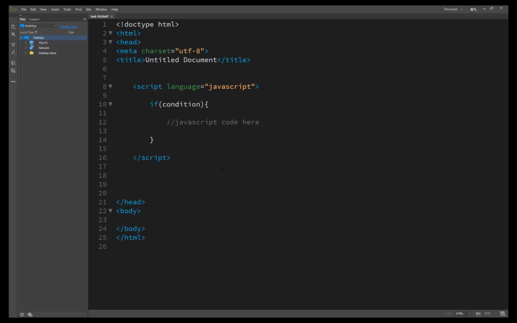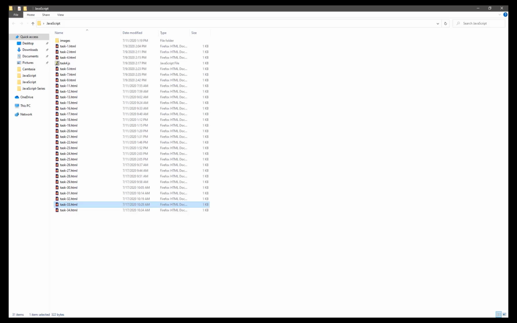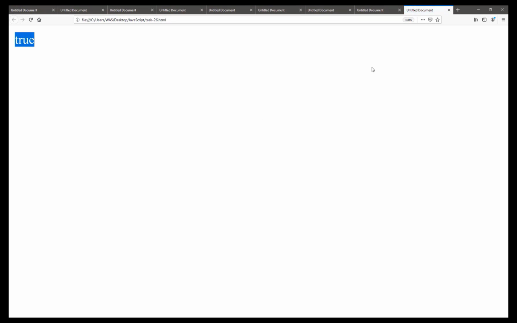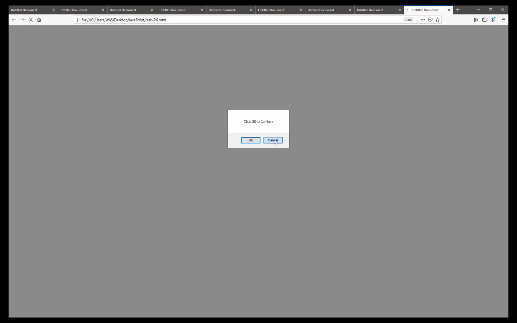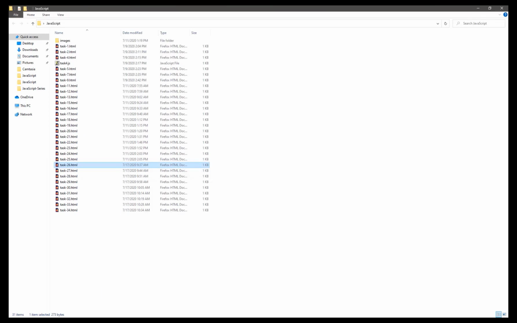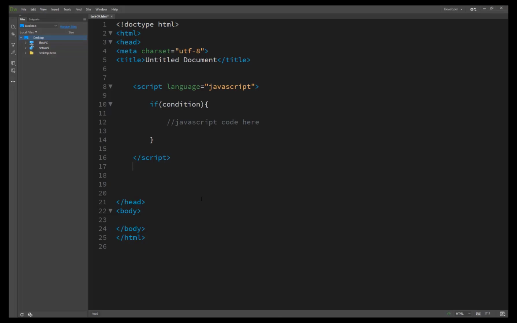If the window is open here, I will show you in task 26 I think, yeah, here, when we click OK it returns true, and when we click cancel it returns false. So basically this is what it means. We get back a value from the user, either true or false.